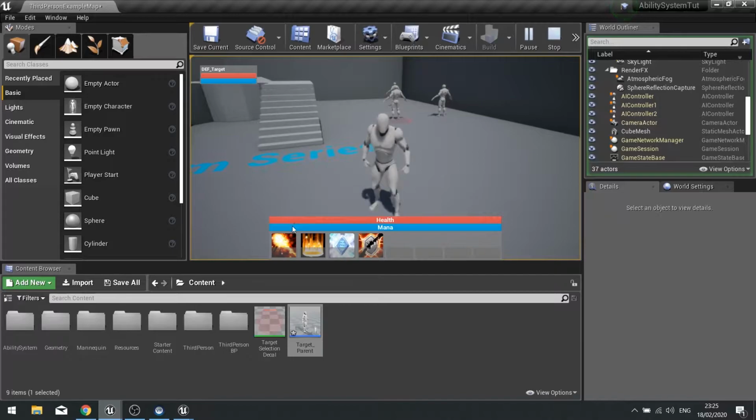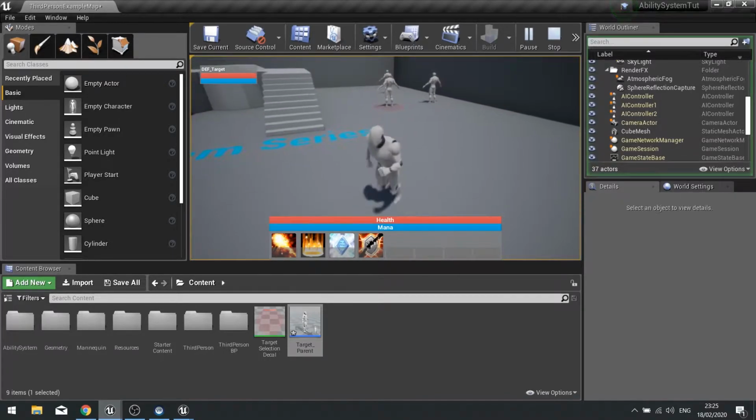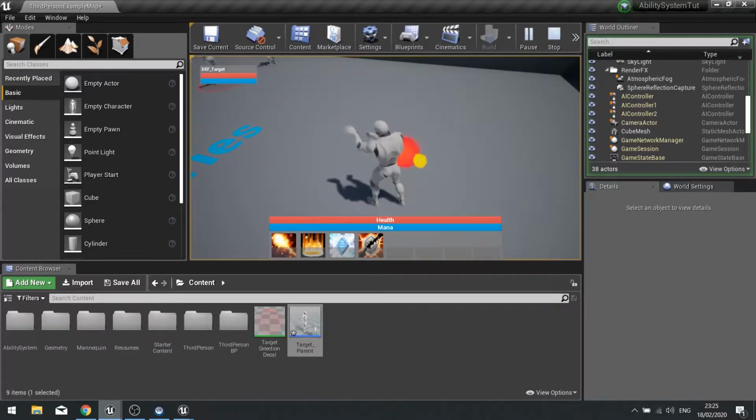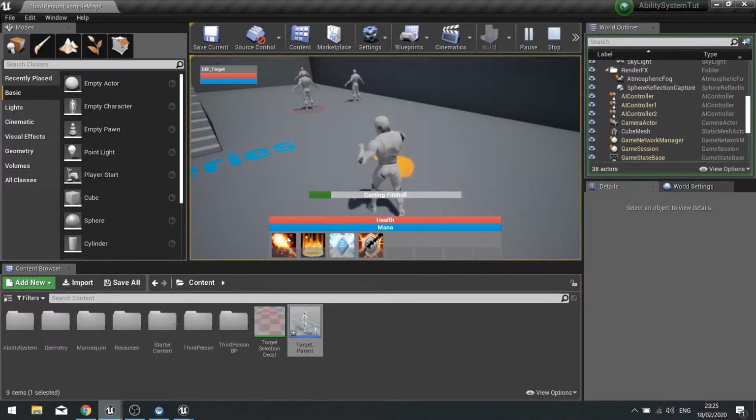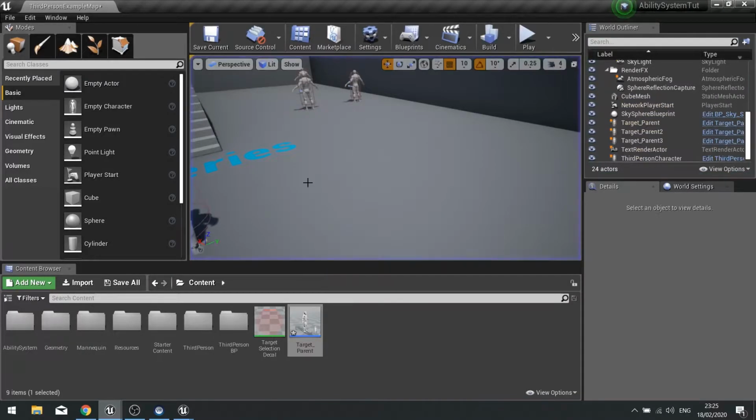Now, when testing, if I face, say, this way, away from the target, I'll hit the fireball, I'll rotate around, but notice what happens with the projectile. It flings itself forward, then it goes back. Again, if I face this side, the character changes, but the velocity direction of the fireball doesn't change until it homes in. So a quick fix for that, well, there's two ways of doing it.